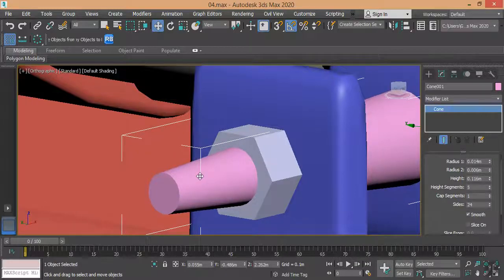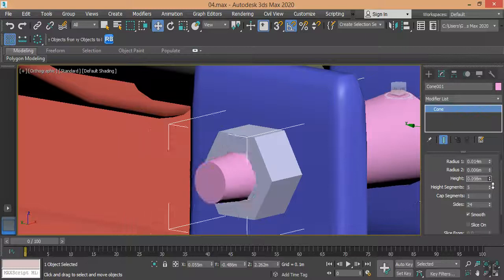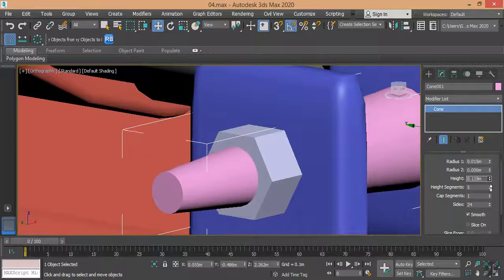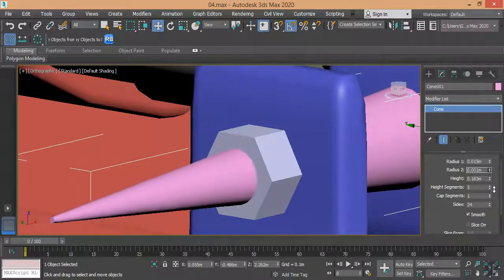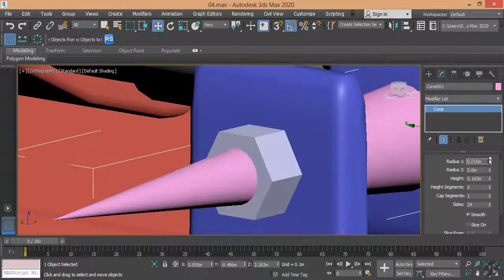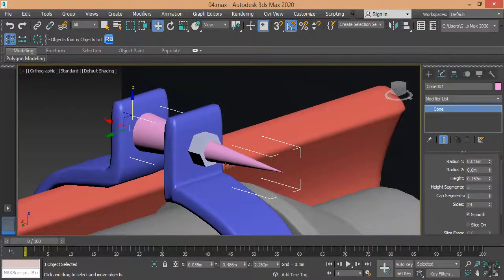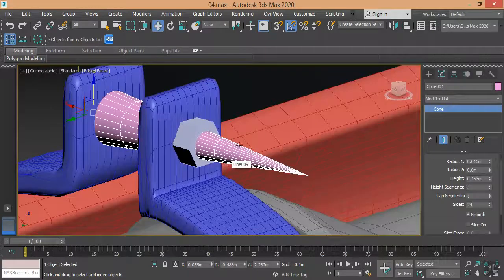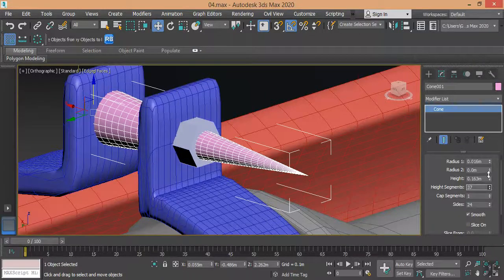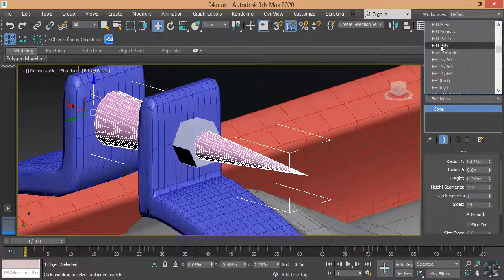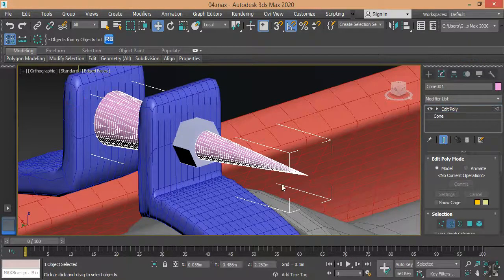Okay. Maybe we need a bigger height and smaller radius. Perfect. So we need some segments here, or more segments in the height. Now we need to select it to put edit poly and select these edges